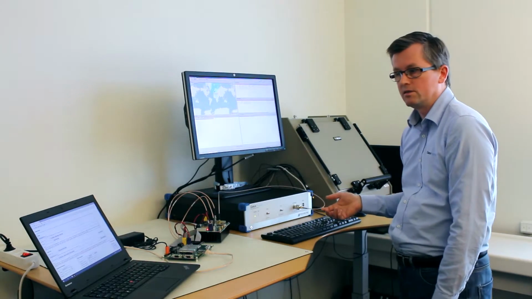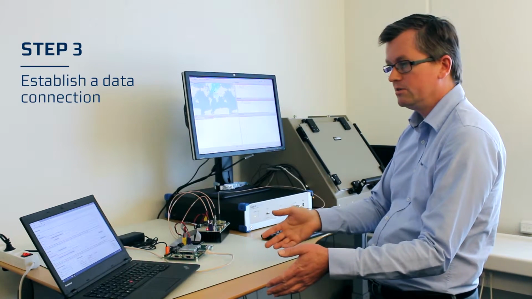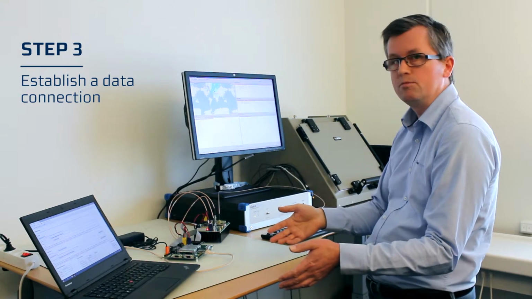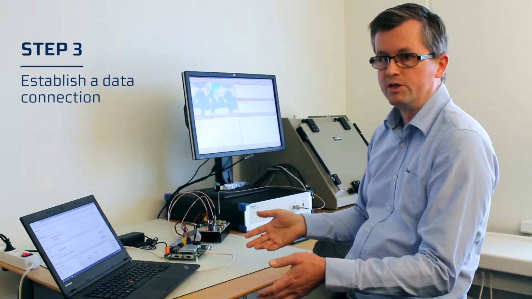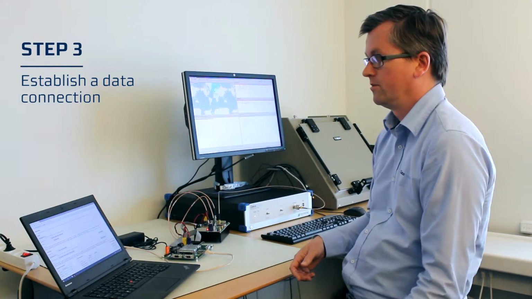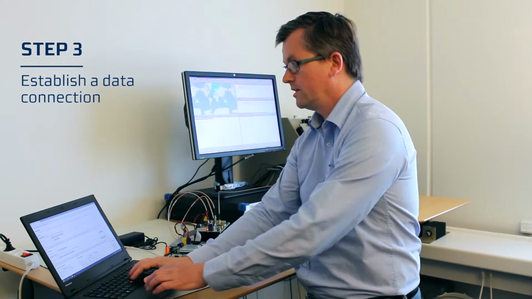This data connection I will establish from the application PC, where we will use a web browser as a demo application, which will point to a YouTube video placed on a YouTube server. First we establish this data connection.